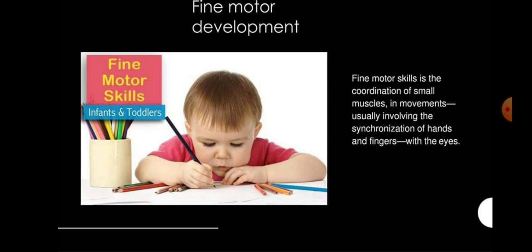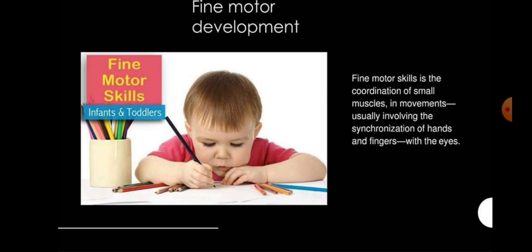When you are writing, there is movement of your hands and coordination with your eyes. So especially, fine motor development is related to coordination, especially hands and fingers with eyes. In other words, what is fine motor development? The development of small muscles and bones of the body, especially during the small movement of fingers and hands.